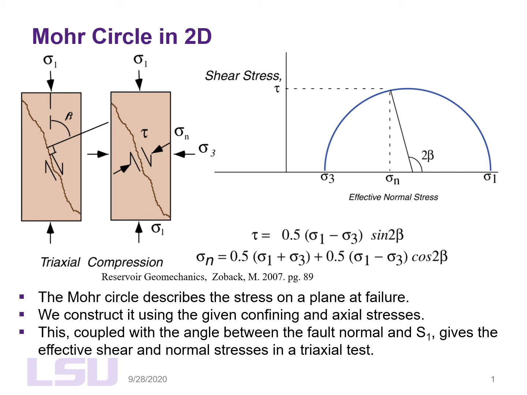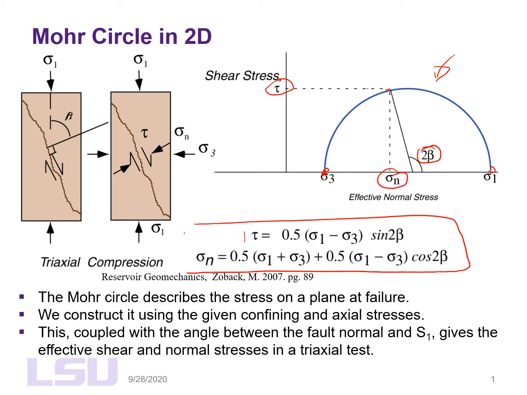So we stopped on this slide in the last section, and I just wanted to add some more insight into this equation right here. So again, originally the Mohr circle was used in the graphical form illustrated here. You can plot your S1, S3, and your beta. This is 2 times beta, and you can graphically determine shear stress and effective normal stress. And later came up with a mathematical expression to do that right away. So you don't need to create this plot before you can estimate your normal and shear stresses acting on the